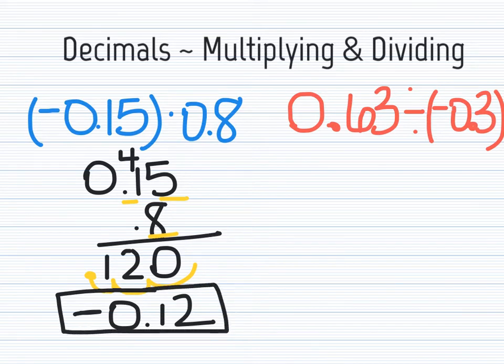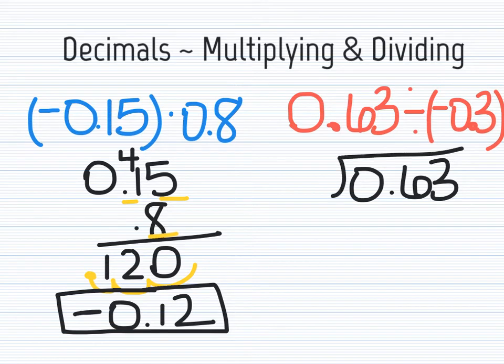The second problem is division. The first number always goes under the house, as we say. And I'm just going to ignore that negative until the end. But I need to move this decimal over 1 place, which means I also have to move it over here. And I'm going to put that decimal at the top right to begin with, and then I can ignore it